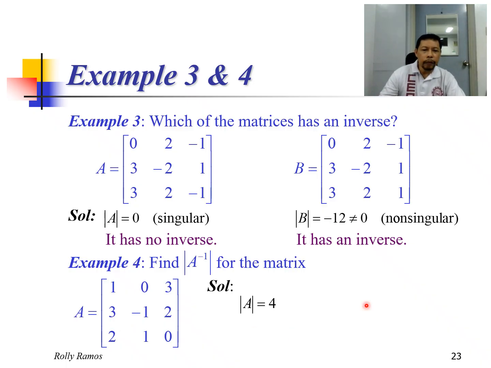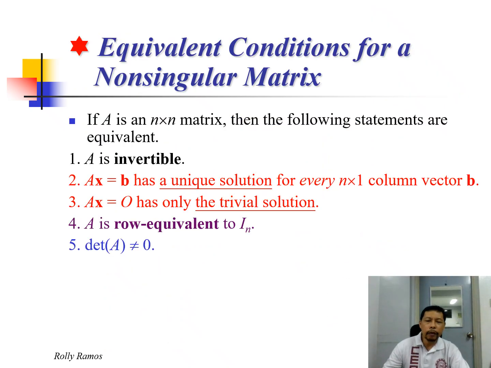So the determinant of A is equal to 4. And the determinant of the inverse of A is equal to 1 over the determinant of A. That is equal to 1 over 4. Therefore,